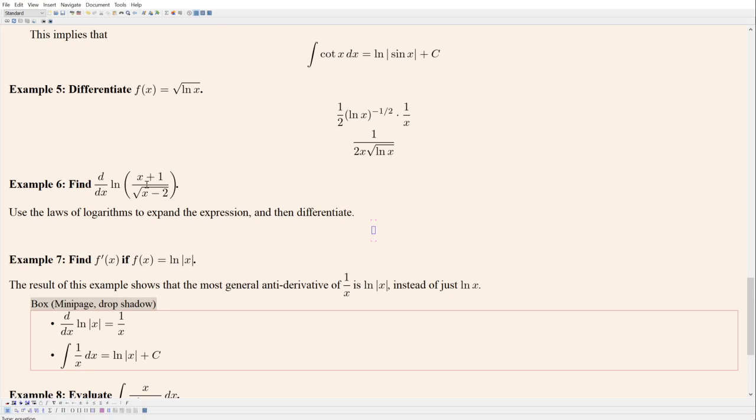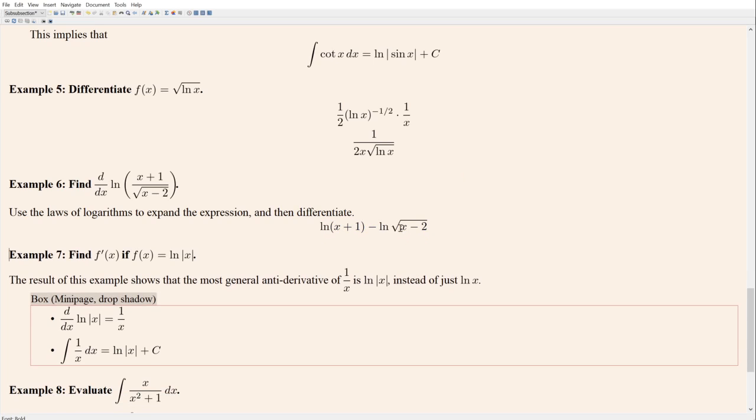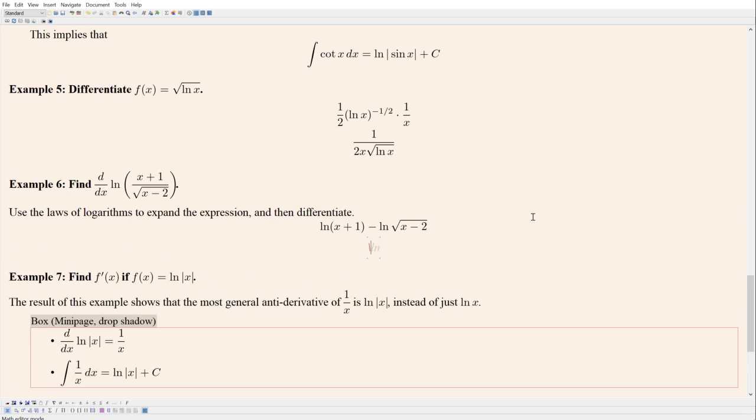Okay, so we've got a division. So this becomes log x plus 1 minus log root x minus 2. But now, notice, a square root is a power of 1/2. And if you have an exponent inside a log, you can bring that out front. So this power of 1/2, I can bring the 1/2 out front. So this is, in fact,